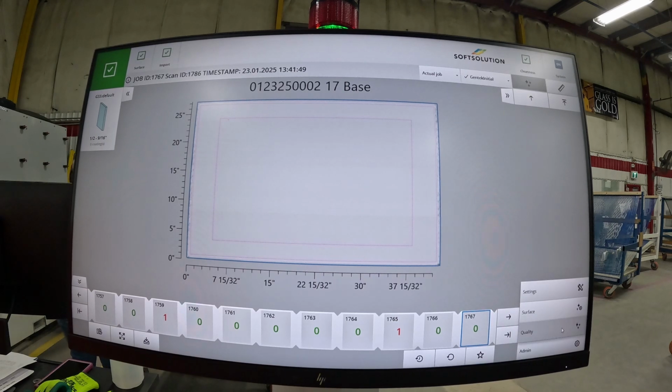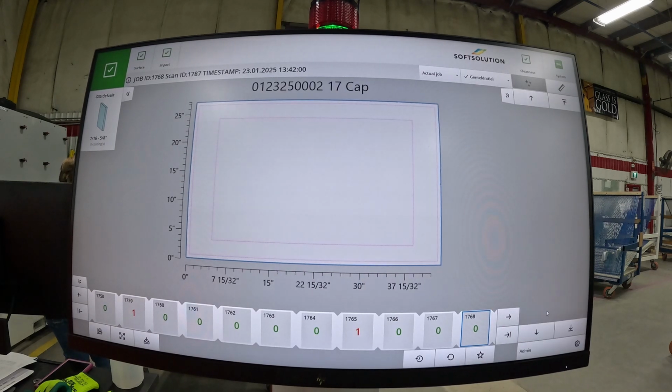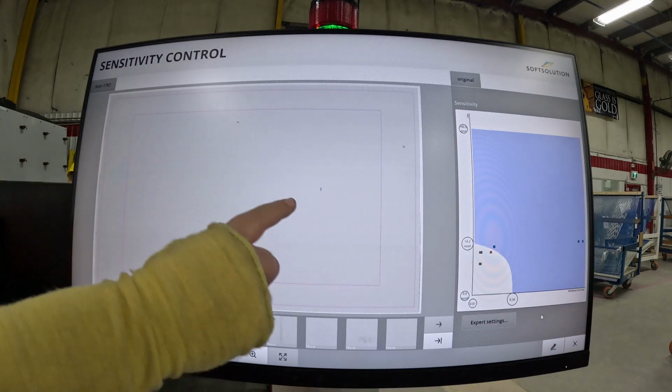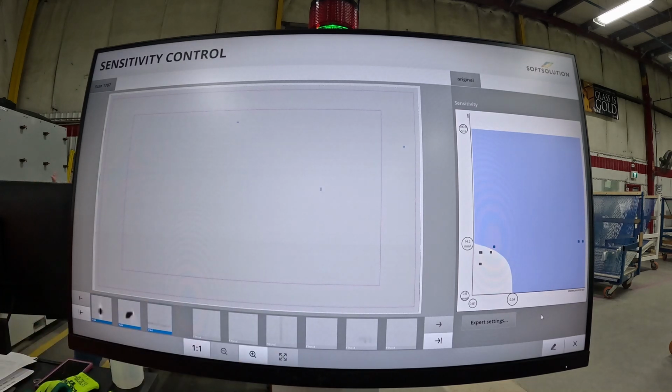So, the surface tab gives you a pretty detailed look at the glass. These things that are all boxed are all your defects that were found by the scanner. If they're in blue, they're going to be sent on to the quality settings. If they're in gray, they're getting ignored or filtered out. So if I want to, I can open this up by pressing the pencil icon that was down there, and